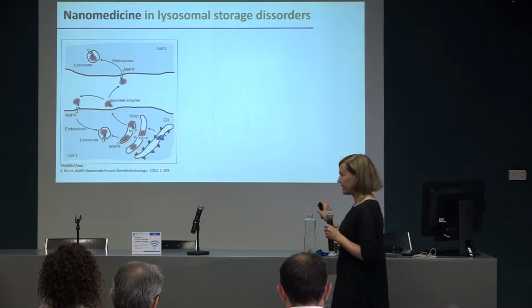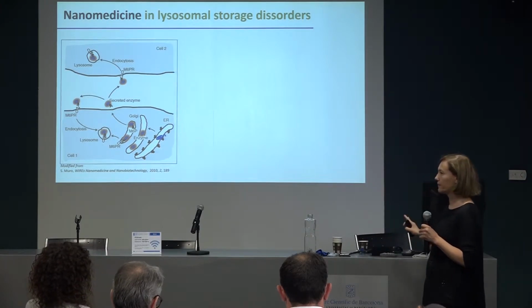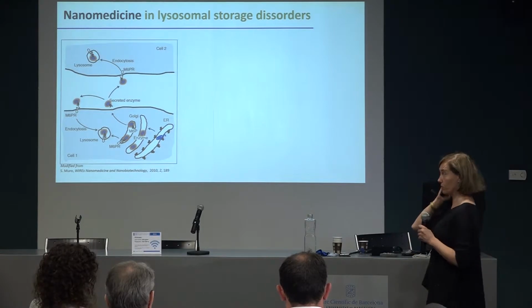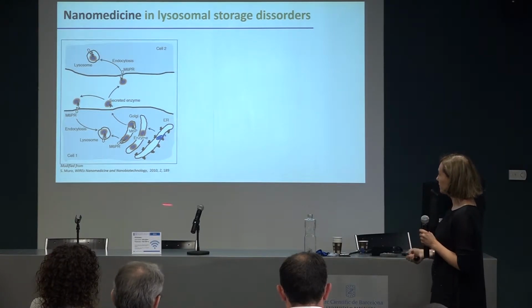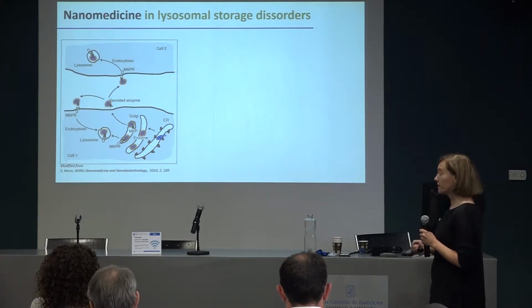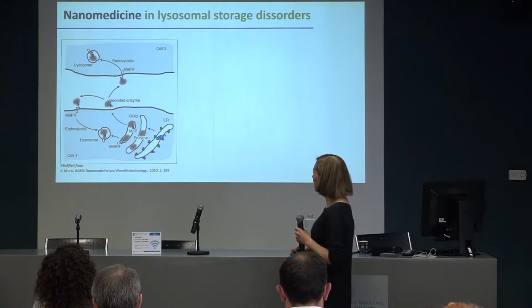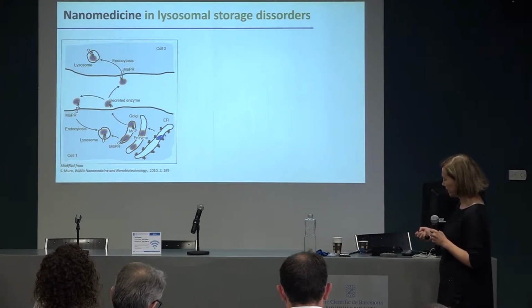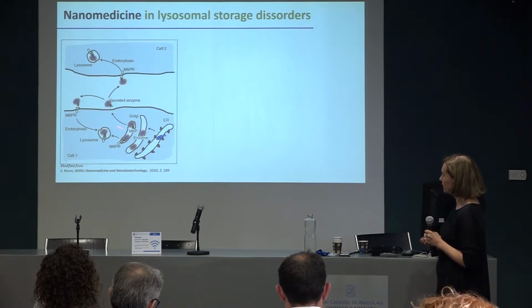Okay, so this is what we have. The nanomedicines are already there, especially liposomes, but how can we use them to treat the lysosomal storage disorders? So here we have a scheme of what is being actually used in the treatment of enzyme replacement therapy. And here, just to introduce you the treatment, is the expression of the natural way of